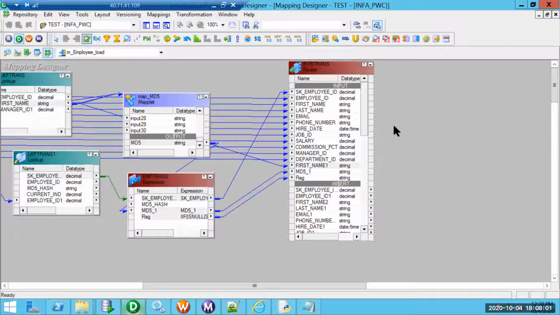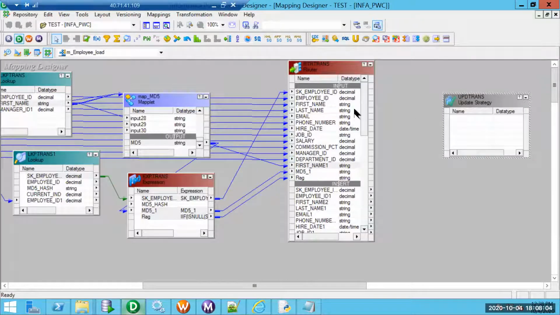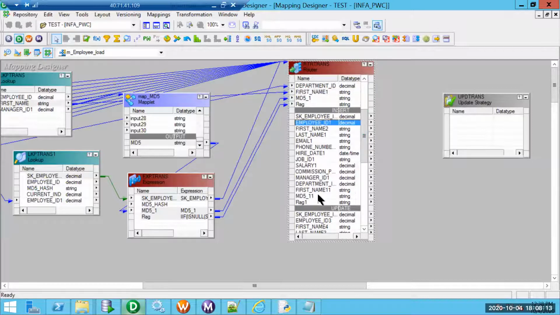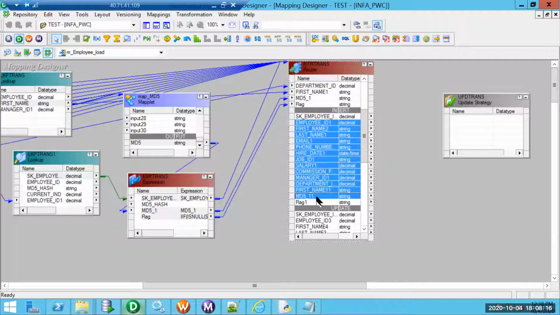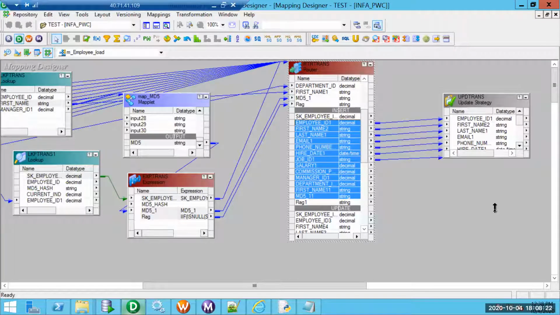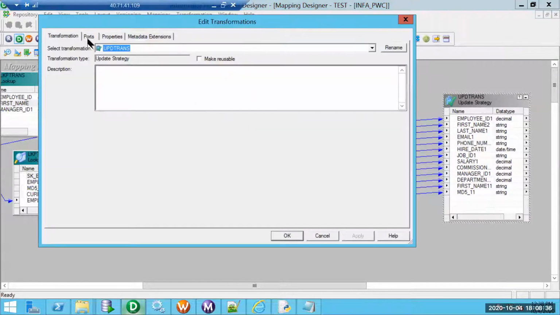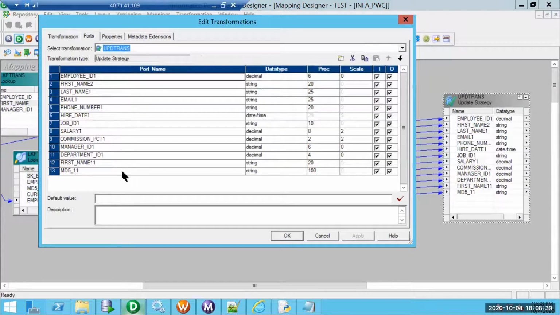Let me add an update strategy. Let's suppose I am defining it for the insert flow. I am not picking anything corresponding to SK or flag, because when it is insert, the record will always be active. And the second thing is, since the record does not exist, I am least bothered about SK. Perfect. Now we need to populate 2 more things. The start date we need to populate. So I am going to add a field